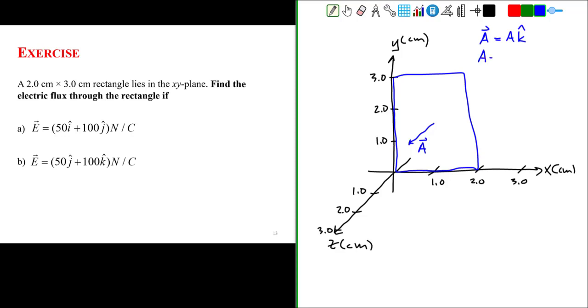We will define A to be the product of 2 centimeters and 3 centimeters. Therefore, the value of the area is 6 square centimeters. Let's indicate that this area is perpendicular to the